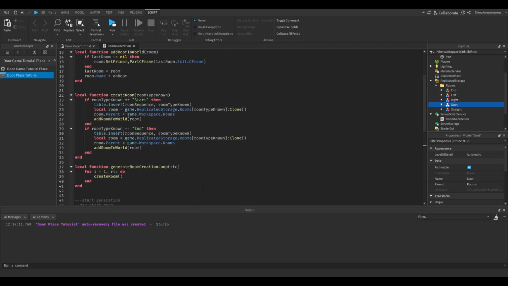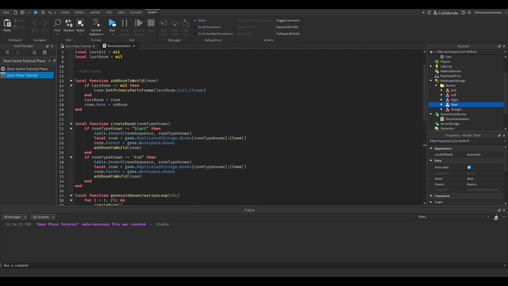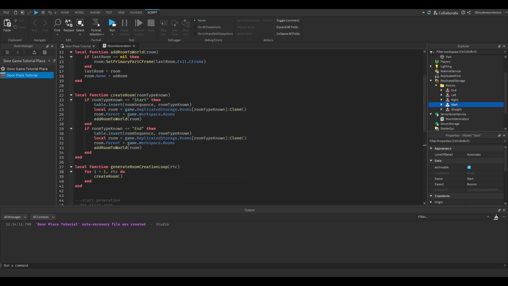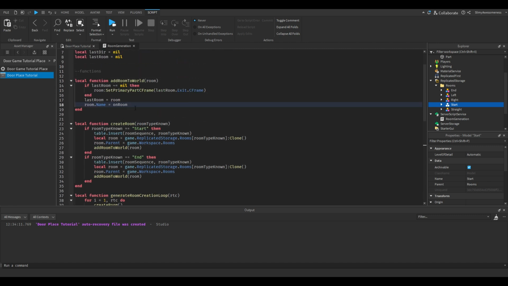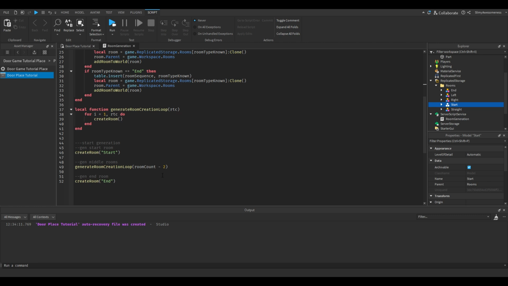Now, something I do want to do is, I don't think I mentioned this right here. This just renames the room to the room number it is, so when you look at it, it's just easy to see what room number you're looking at. Okay, anyway,